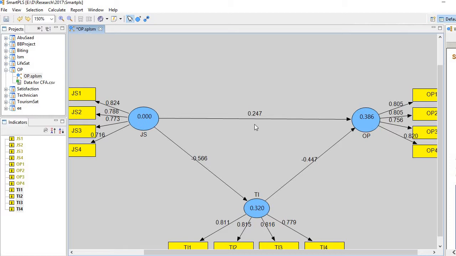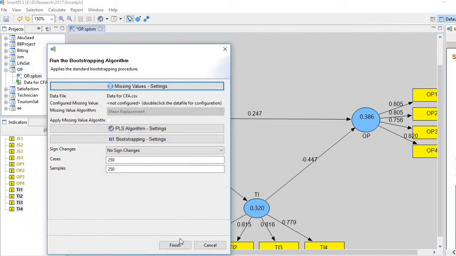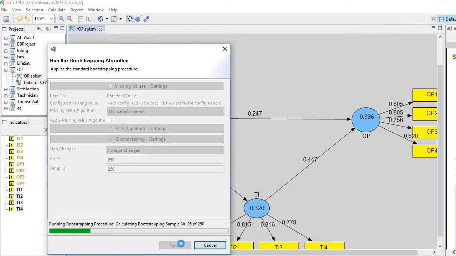You see here there is a reduction in the beta coefficient from 0.512 to 0.247. So that means the indirect effect is there, mediation is there, partial mediation is there. However, we are interested to find out whether this indirect effect is statistically significant or not. So let's run bootstrapping